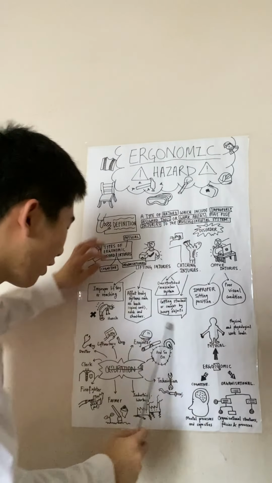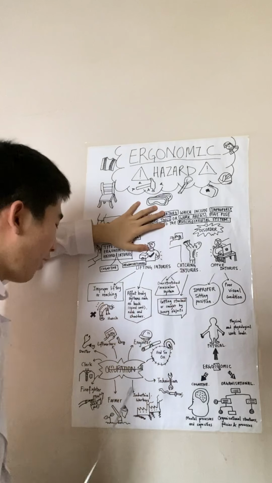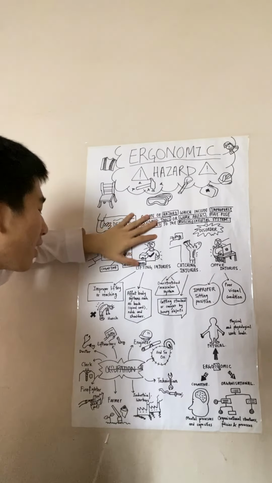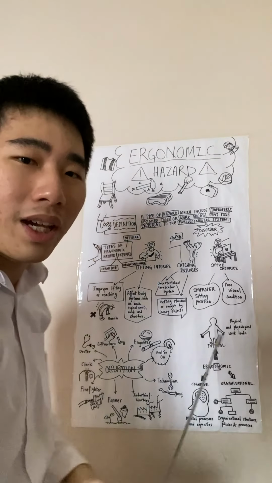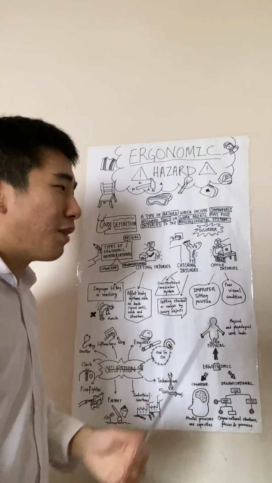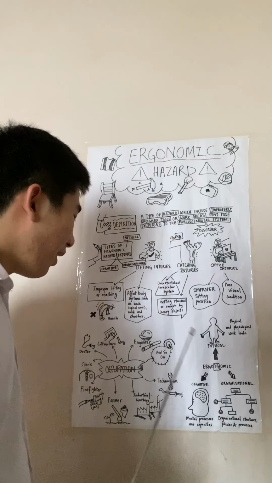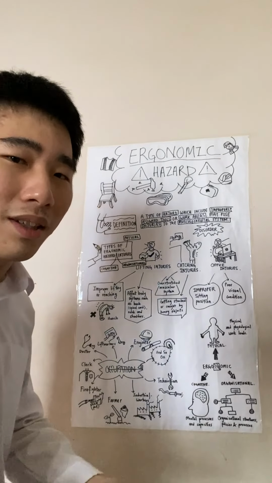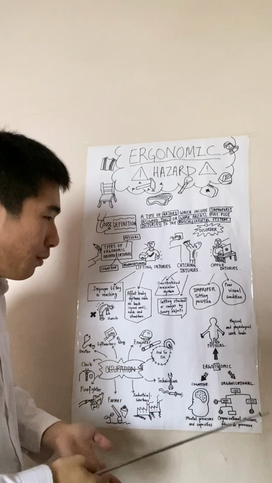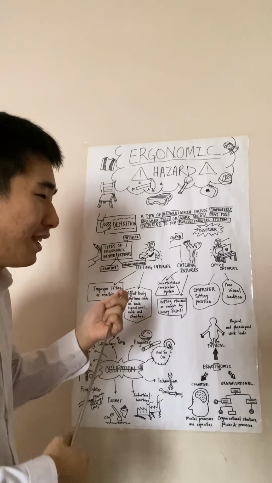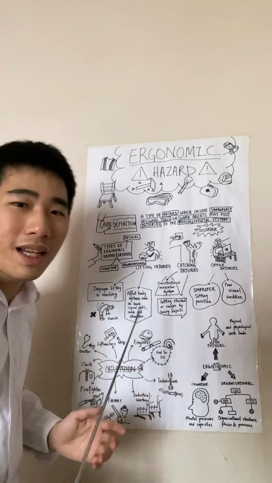Last but not least, we can look at the occupations relevant to ergonomic hazard. Firstly, engineers. Engineers commonly face ergonomic hazard, such as when a tractor wants to lift metal or ceramics, but because of too much imbalanced ceramics and metal, it might fall down and cause an accident to the workers, and this causes ergonomic hazard.